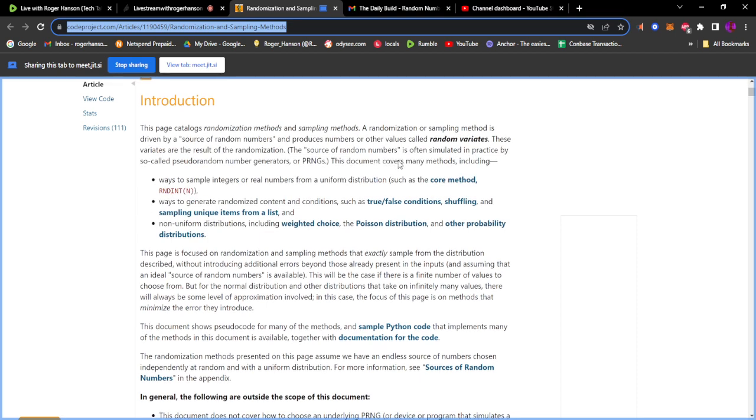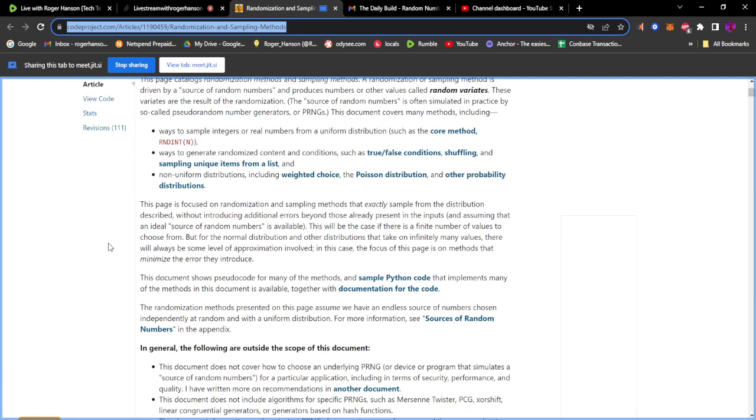This document covers many methods, including ways to sample integers or real numbers from a uniform distribution, such as the core method, and ways to generate randomized content and conditions, such as true/false conditions, shuffling and sampling unique items from a list, and non-uniform distributions, including weighted choice, the Poisson distribution, and other probability distributions.